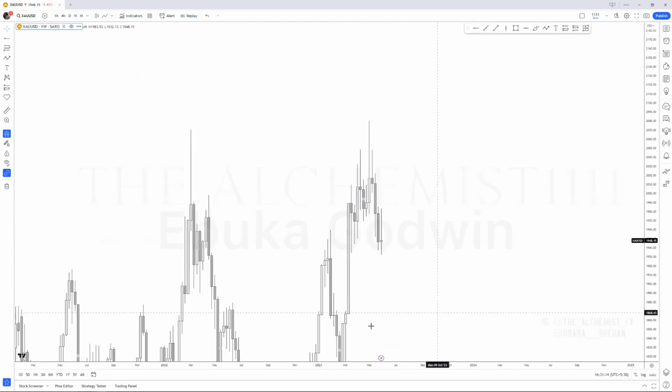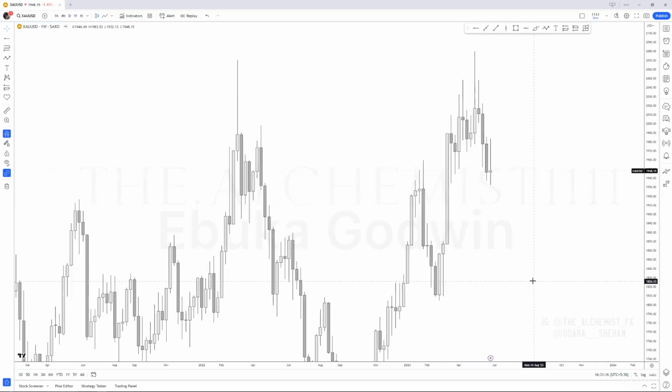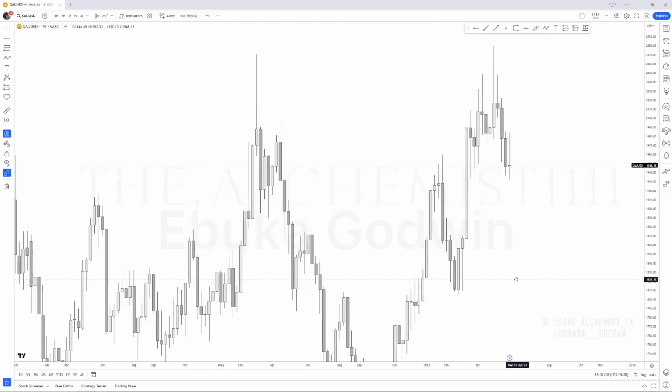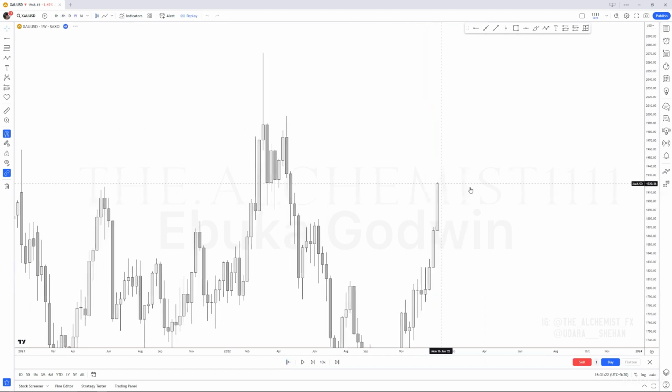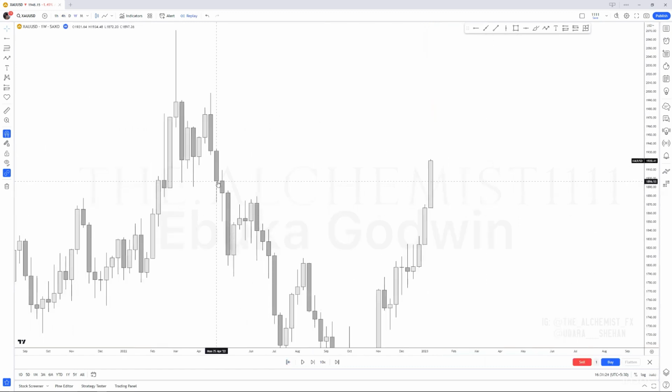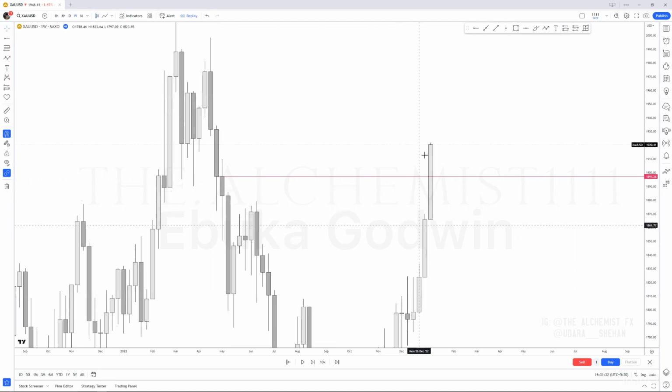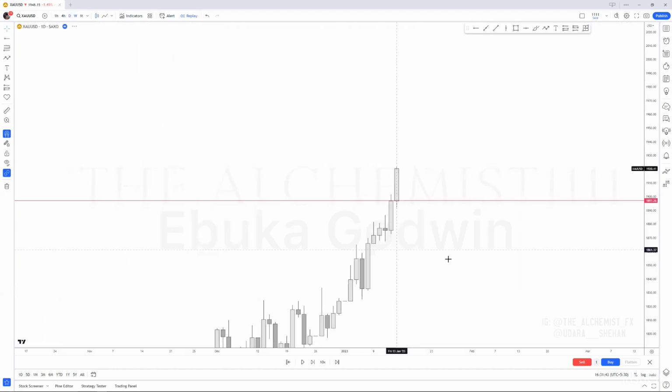On the weekly we had some good ones. Look at this one. What is this? This is an open close level. But what did this candle do? It broke through it. See that? Once it is broken, you can expect it to act as a support. Now, you might be wondering, why not this level? Those are things you will understand once we talk about the basics. So there we go.